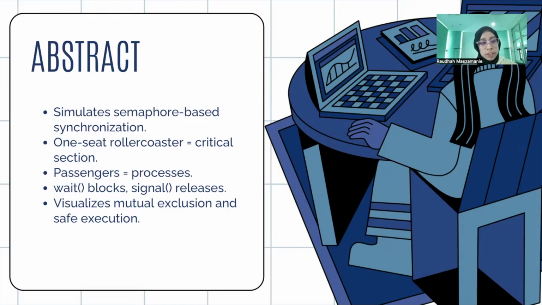To begin, let me share the abstract. This project demonstrates the concept of process synchronization using semaphores through an animated roller coaster simulation. In this simulation, there is only one seat representing the critical section. Each passenger symbolizes a process, and the animation clearly shows how the two fundamental semaphore operations, wait and signal, control